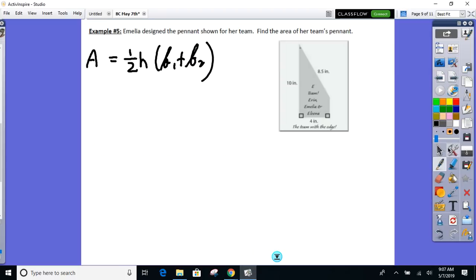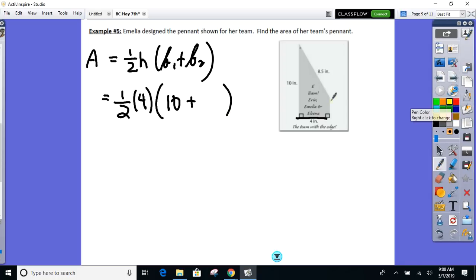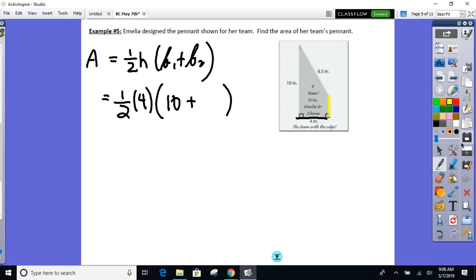Let's finish this one off. Okay, the height is already given. Here, there's the height of 4. One base is already given as 10. We just needed a little help finding the other base, which I'll put in yellow here, this base right here. I needed that base length to